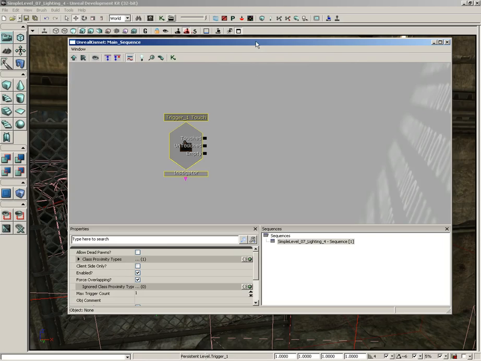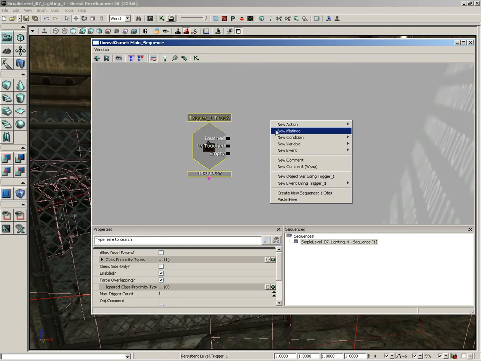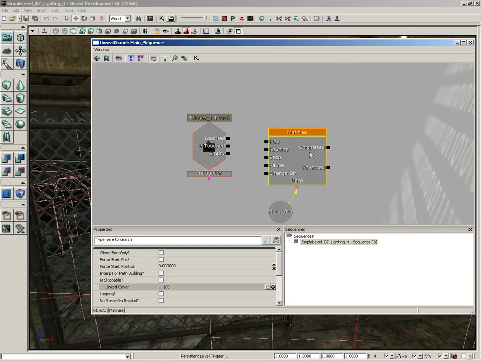Let's create a matinee, which is an object that allows for animation of some sort. I'm just going to right click next to the trigger one touch and choose new matinee. Now this matinee is kind of a complicated object unto itself. It has an animation system already buried inside of it. All we need to do is associate our gate to this matinee, and that in and of itself has a few interesting steps. What I want you to do is to double click on this matinee node,